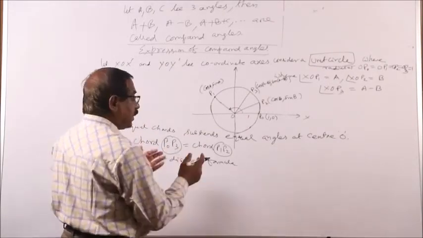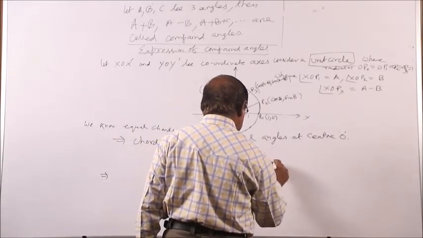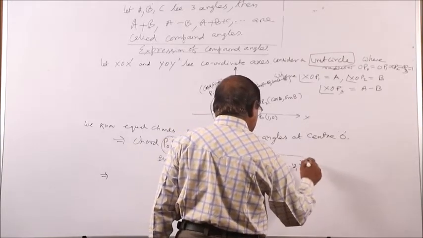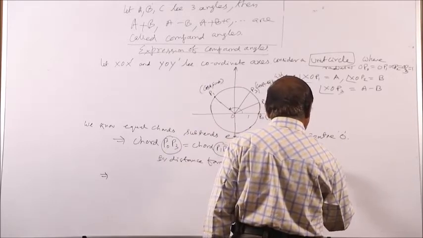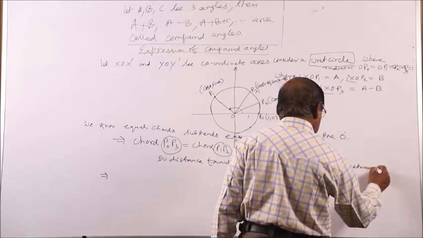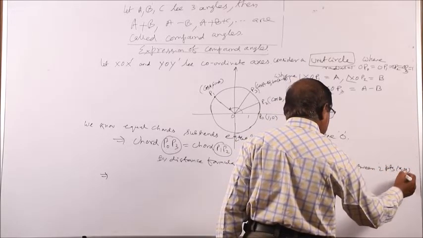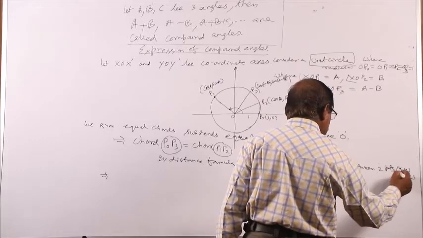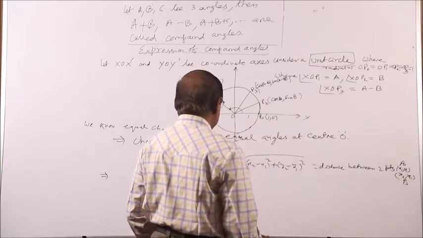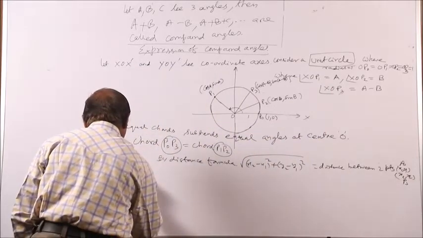The distance formula is square root of (x2 minus x1) whole square plus (y2 minus y1) whole square, where this is the distance between two points (x1, y1) and (x2, y2). This is the first point P0, this is the second point P3. So, I am applying the same formula here,